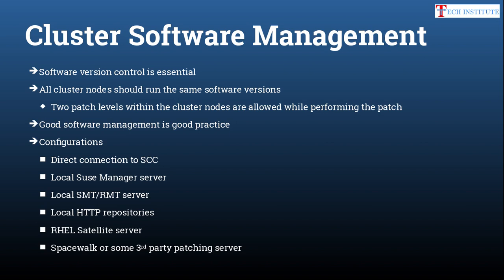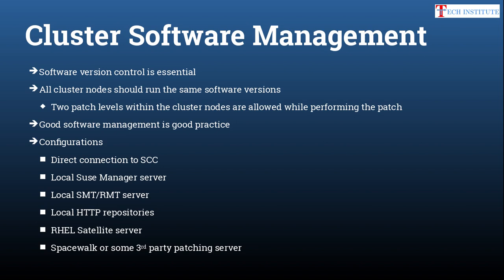So to have that control, the same version tested on the test environment and then implemented on the production environment, either you use SUSE Manager where you can sync and then stop the sync and then apply the same patches in all the servers, then again resync, or the same thing you can do using SMT, RMT. If you are using SUSE Manager, that extra license you have to purchase, but in case of an SMT or RMT server, no extra license, it comes with standard SUSE only, so you can set it up. And a local HTTP repository also you can do that.